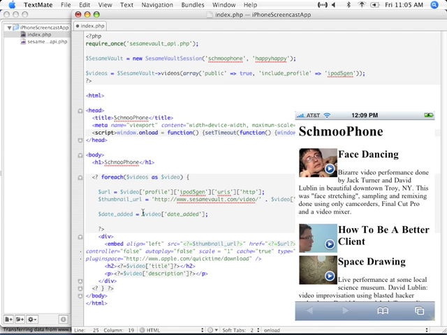So we're going to use the PHP function string2time, which should convert it to a timestamp. And then we're going to use the date function to convert the timestamp into something that is pretty. And we'll pick the format month, day, and year. Likewise, we're going to want to grab the duration. And this is